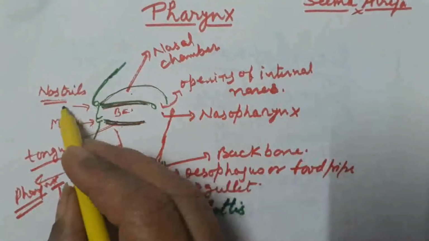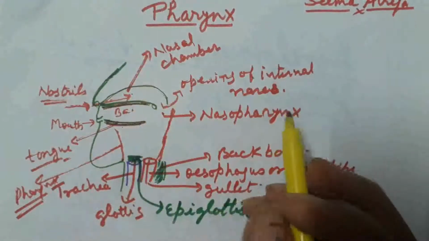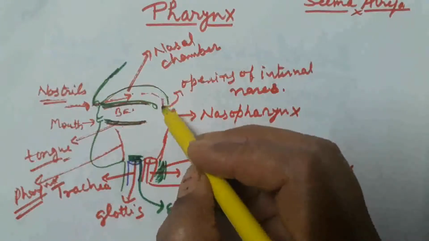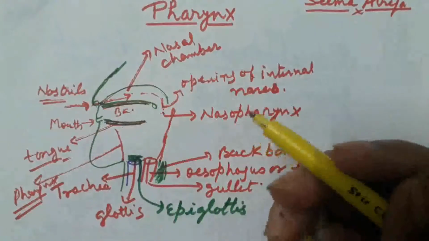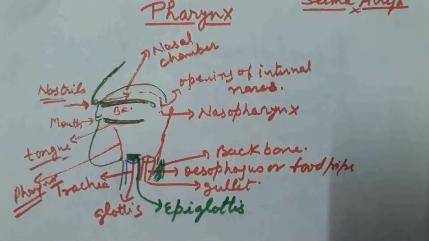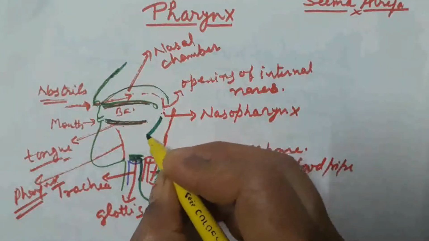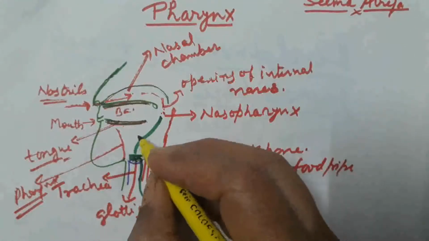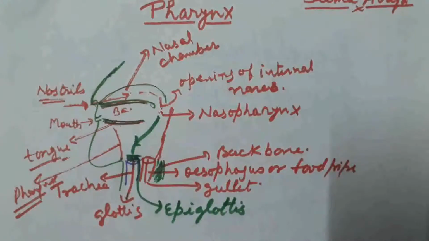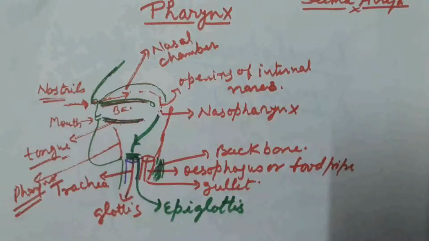The air enters through this nostril, goes inside the nasal chamber, and through the nasal chamber it runs through the internal nares and comes into the nasopharynx region. This nasopharynx region passes this air through the glottis into the trachea. In the same way,